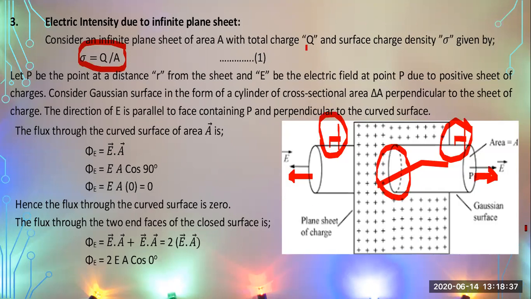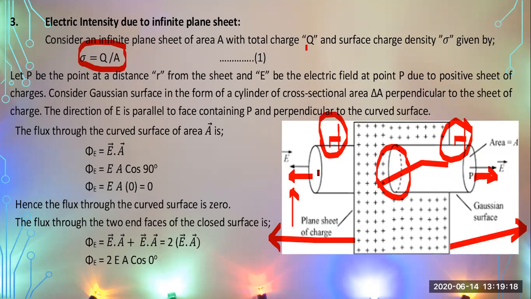One is along this one and the other one is along my left side. These are the two cylindrical surface areas which I have already highlighted. You can conclude that there will be only two sides where there will be electric flux. So you have applied the condition, hence the flux through the curved surface is 0, due to the value of the angle between E and A, which is 90 degrees. Again, on the right side and here it will be 0.